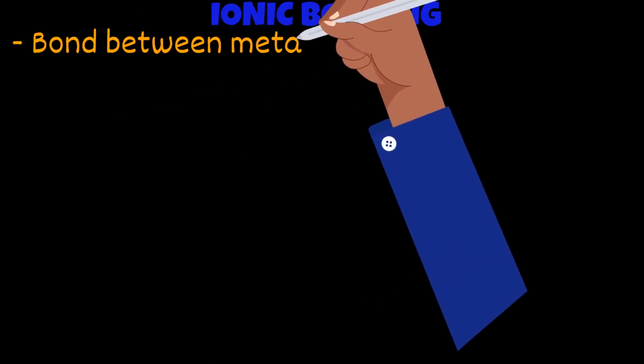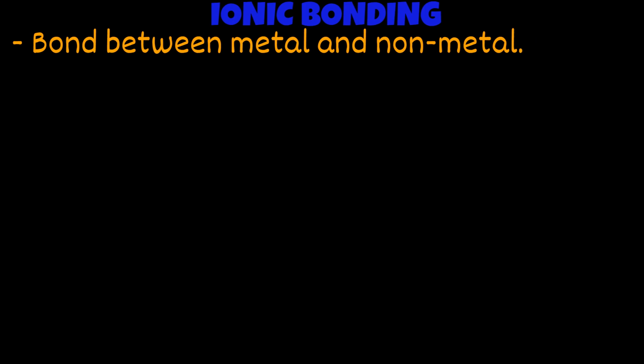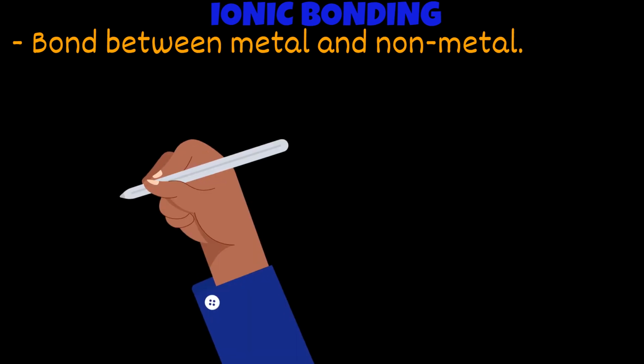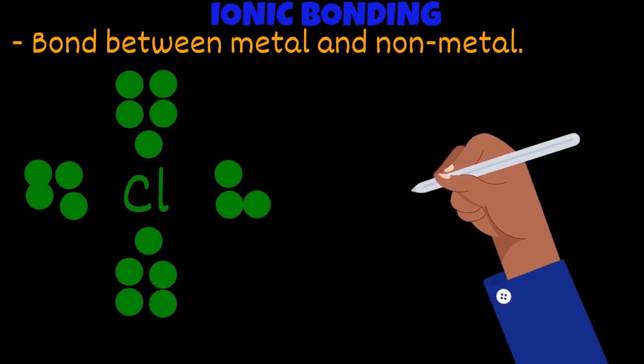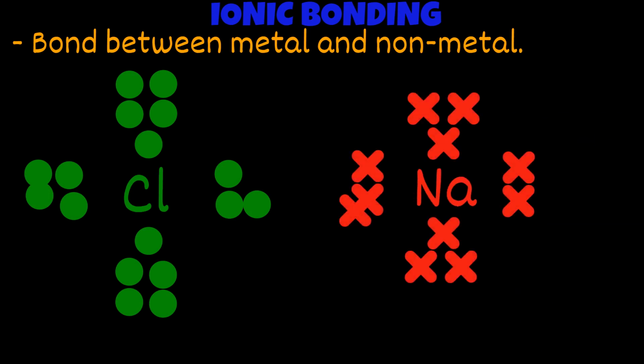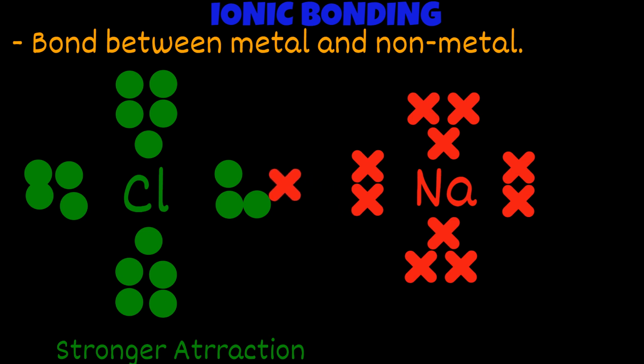Ionic compounds such as sodium chloride are held together by ionic bonds. All ionic compounds contain a metal combined to a nonmetal. So when a nonmetal, such as chlorine, combines with a metal like sodium, the chlorine atom would have a stronger attraction force for electrons than the sodium atom. So an electron is transferred from the outer shell of the sodium atom to the outer shell of the chlorine